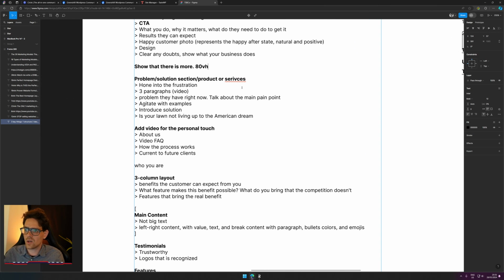Next, what some people suggest, but not everybody, is to have a problem solution section. This is using the PAS framework, where you make sure that you understand their frustration, the problem they have right now. You talk about the main pain point they have. You try to agitate, so you give some examples of the state that they're currently in. And introduce a solution. For instance,